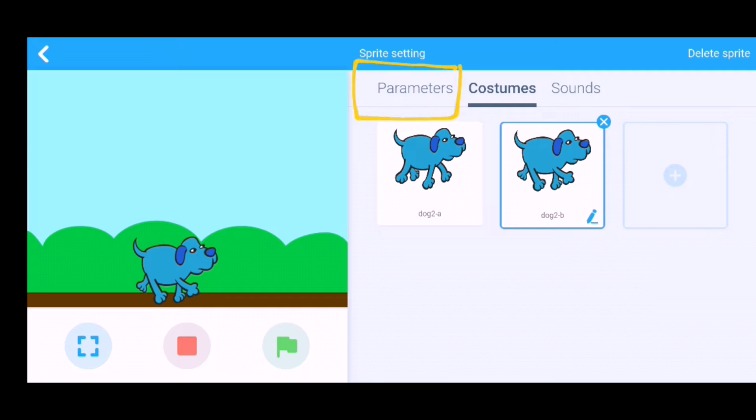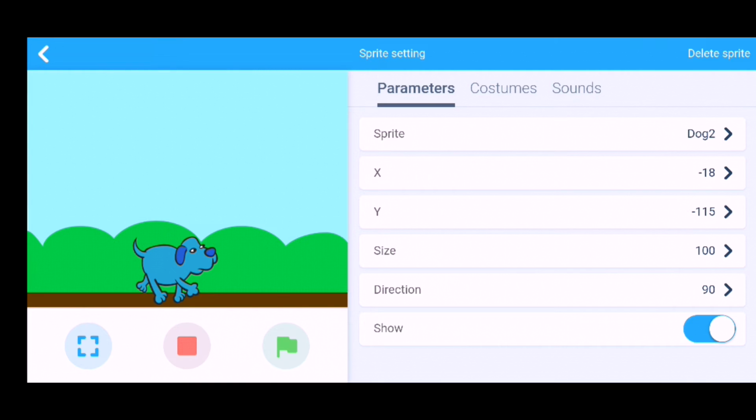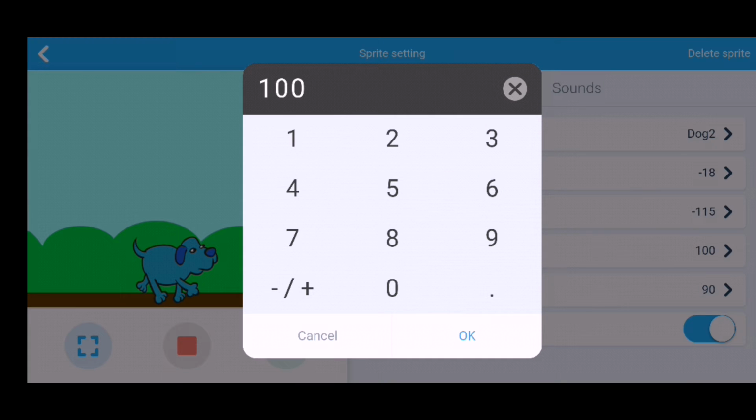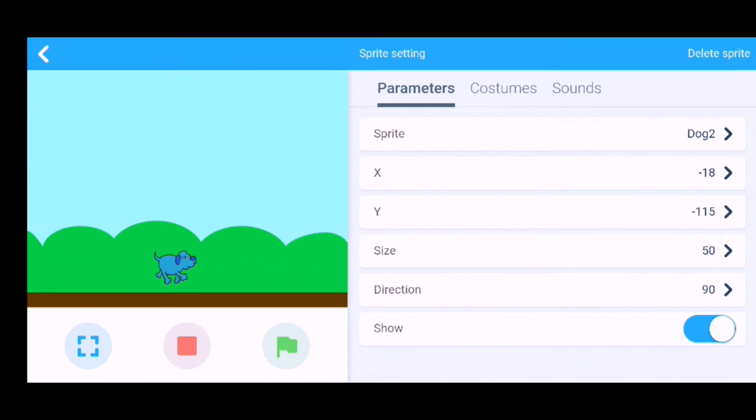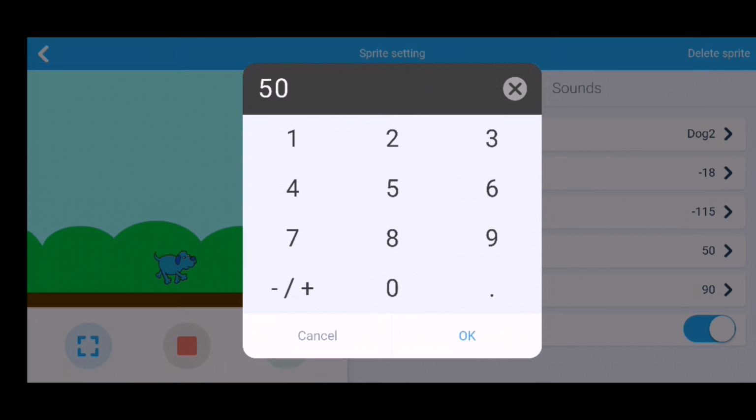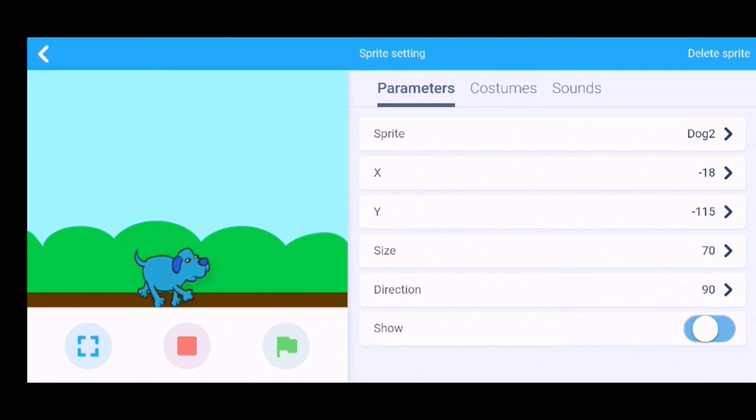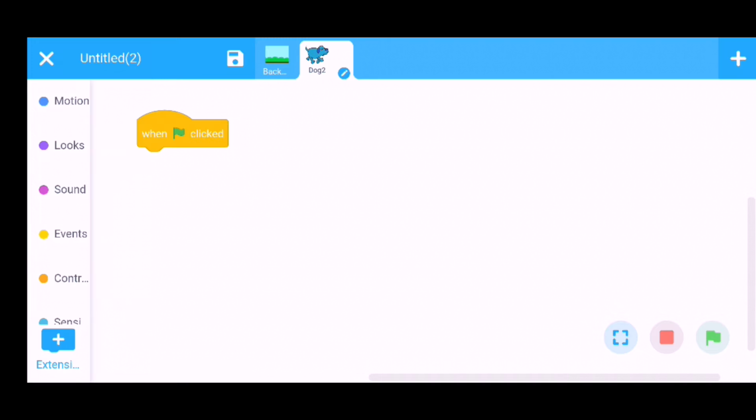Go to the parameter section and there is a size option. Reduce the size. If it's 50, it's so small. Change its size to 70. It's fine.